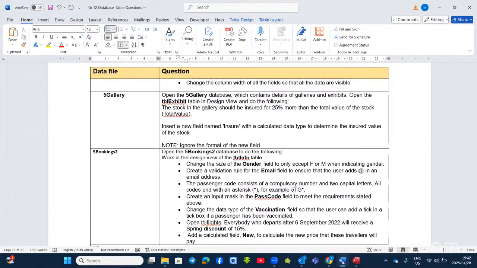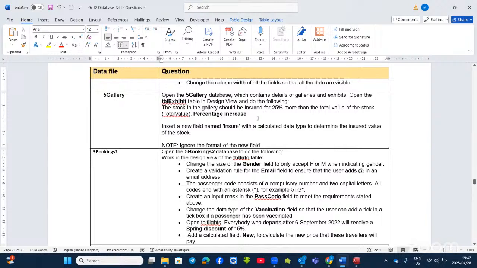The stock in the gallery should be insured for 25% more than the total value. That means percentage increase. So here we call it percentage increase. We are increasing this amount, which is total value, by